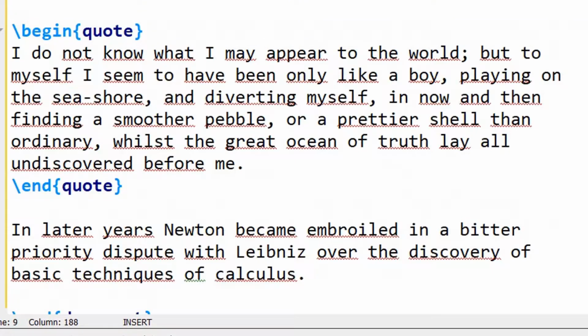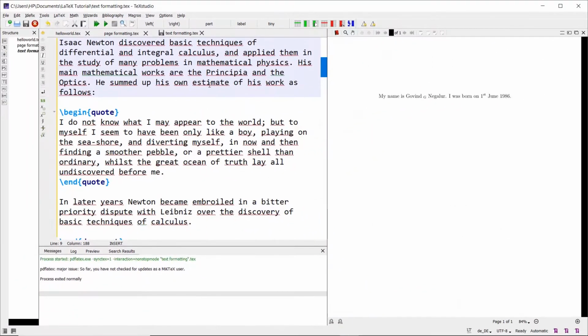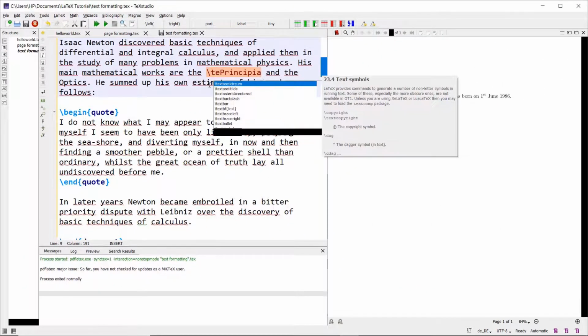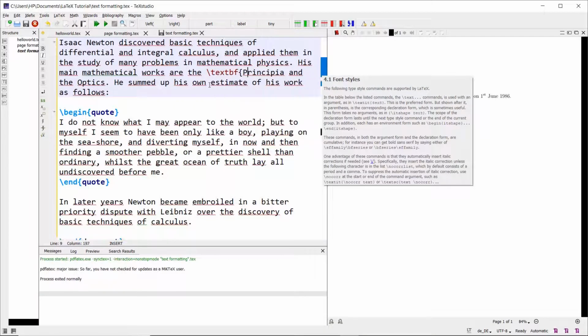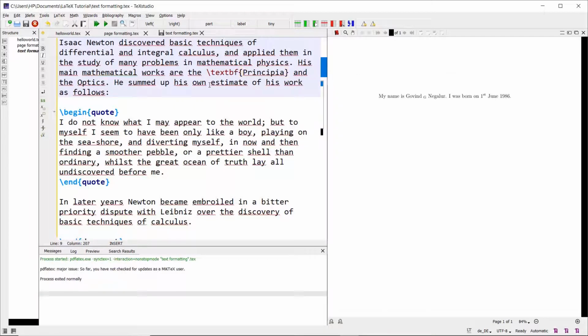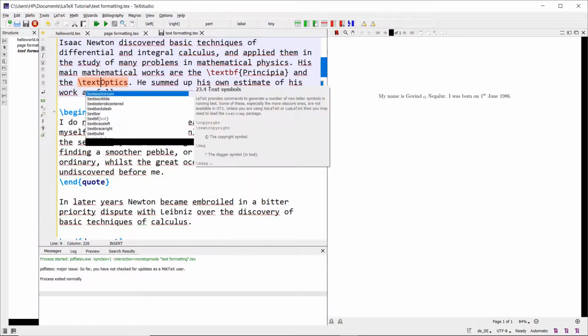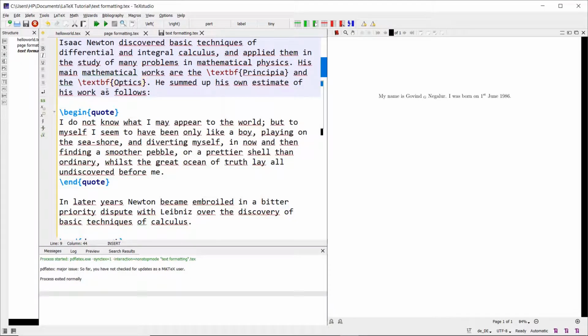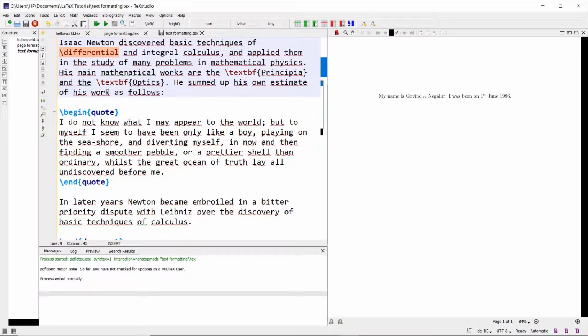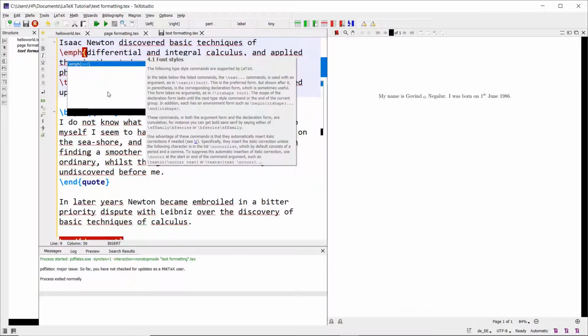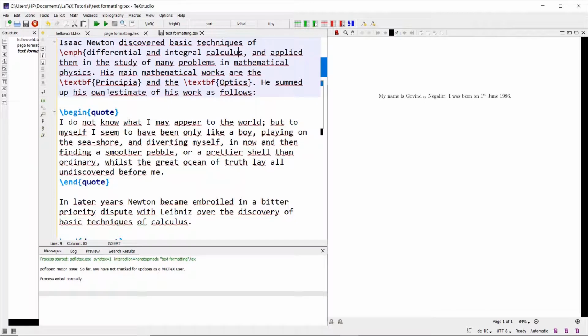Then I can make this word Principia in boldface using text BF, as well as optics in boldface. I can also make differential integral calculus as emphasis or emphasize the text. Let us see how this gets typeset.